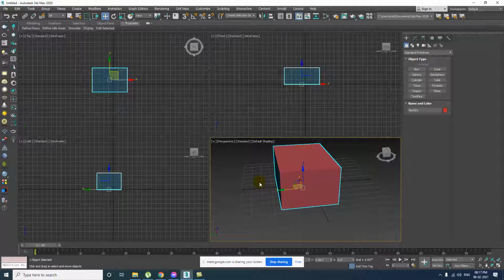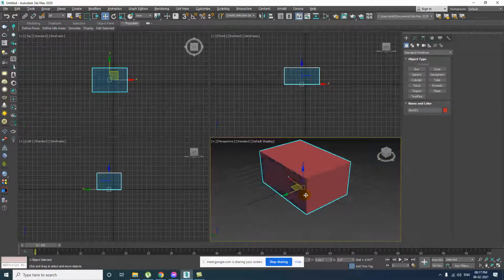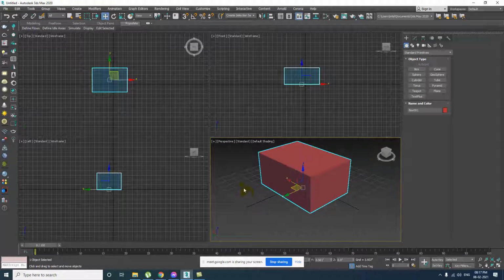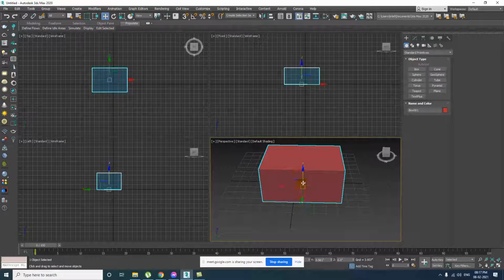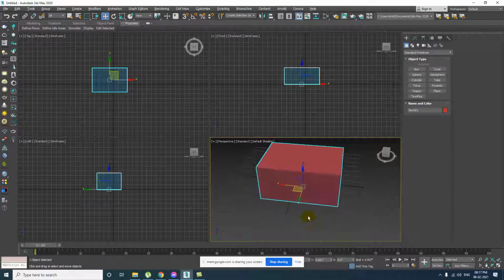Okay, so I press W. You see the icon has changed. The plus icon has changed, and the mouse cursor came back. On the object which I have drawn, you see a triangle kind of shape appear, blue, red, green. Let me explain what it is.